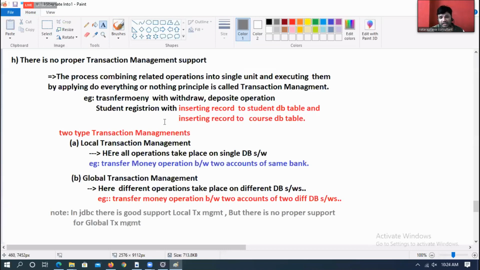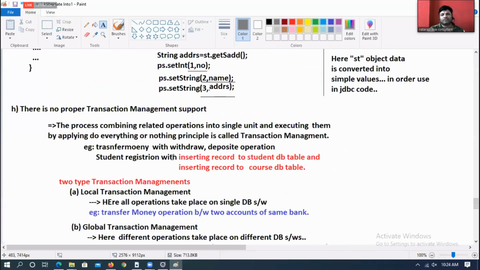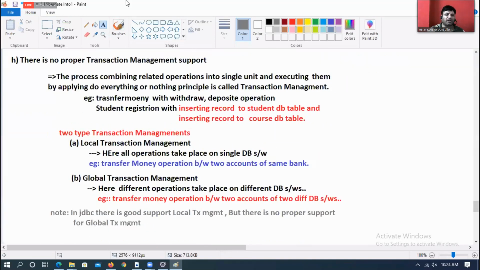Are you understanding my point? It's a limitation. Perfectly it can do local transaction management, but it cannot do global transaction management with that much perfection. Some problems are there.